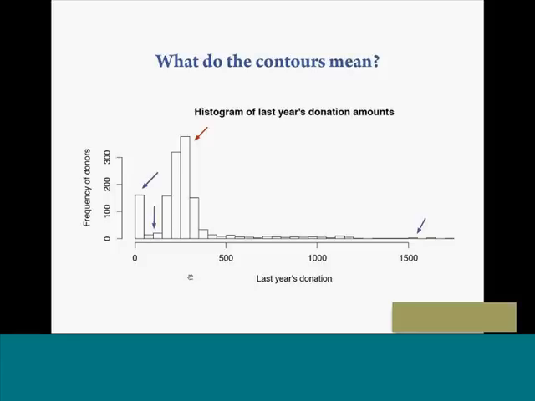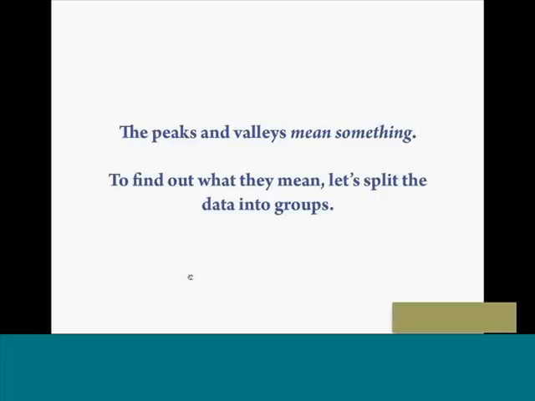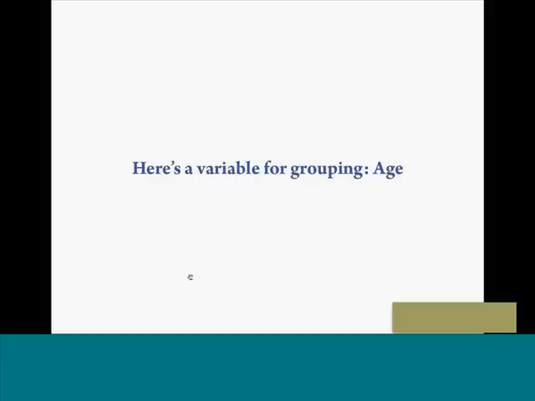One way you might start would be to simply split up the data into even smaller groups. So we're grouping people in terms of their giving levels, but we could group them in terms of other variables too, like their age, for example, and then look at the histograms to see how the bins of different categories of people compare to each other.